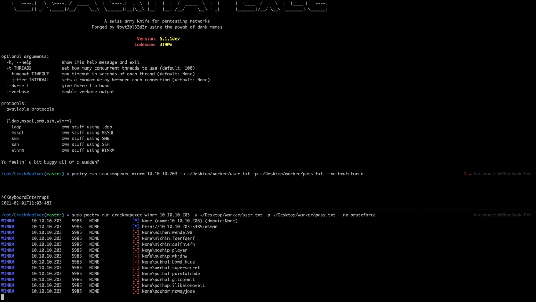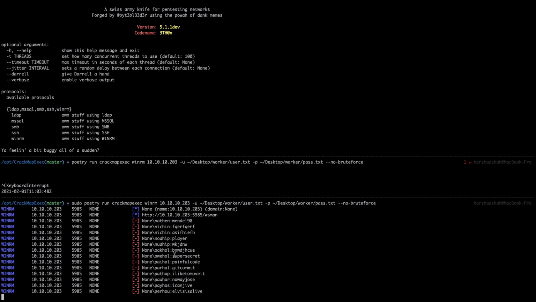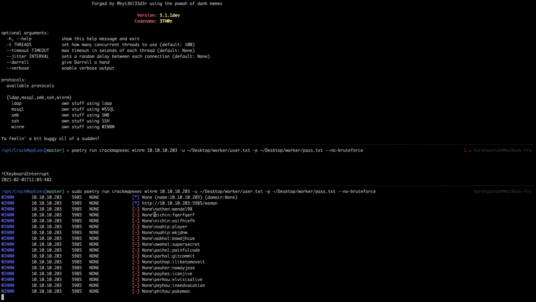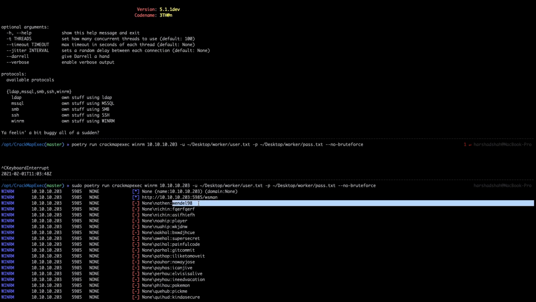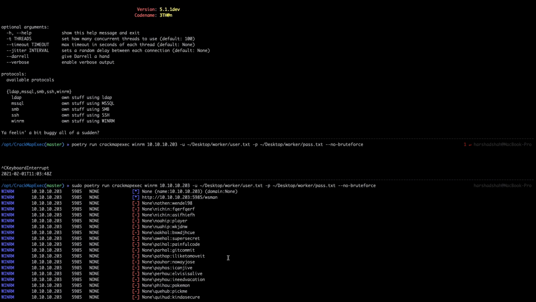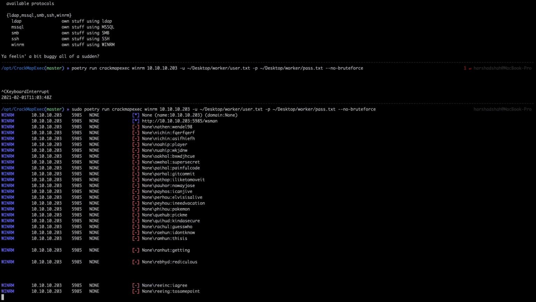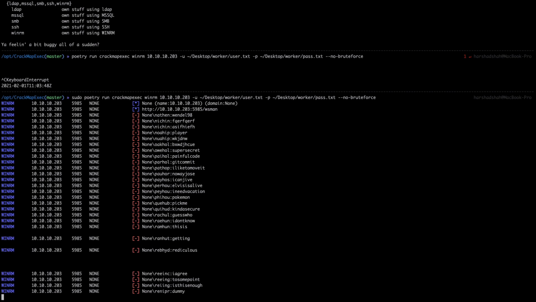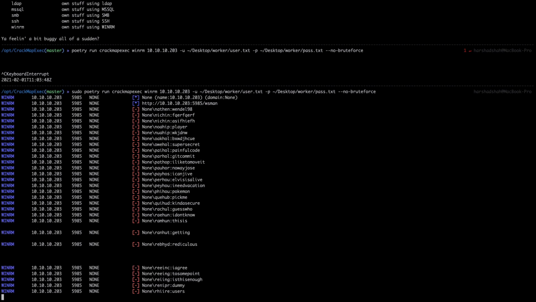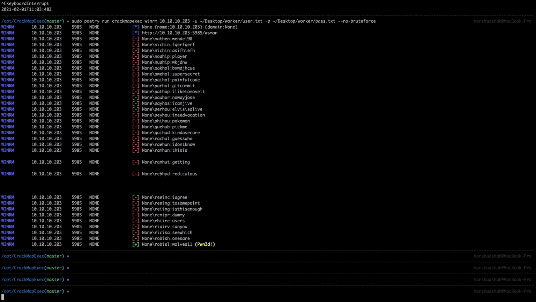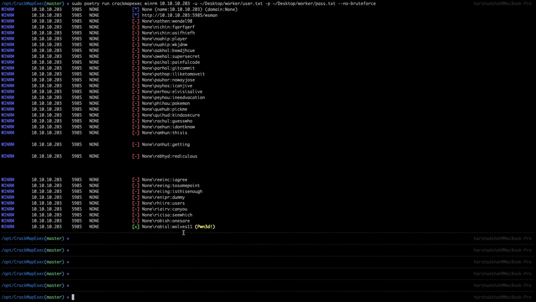So now you can clearly see here that it is trying and checking one by one. You can see we have Nathan and then Wendell, and the same sequentially is checking. When this part is done, shortly you'll be able to see the password. So still we didn't get the password, it is checking one by one. We need to wait for the result. And here we go, we got the password.